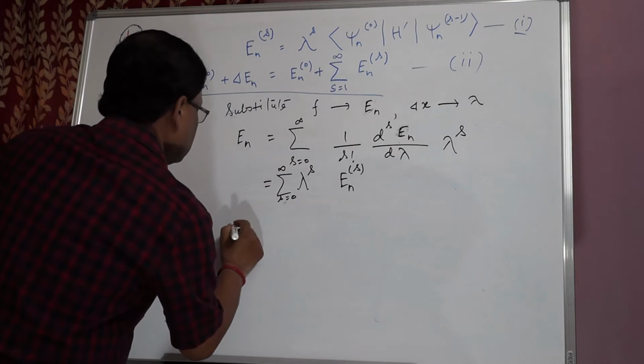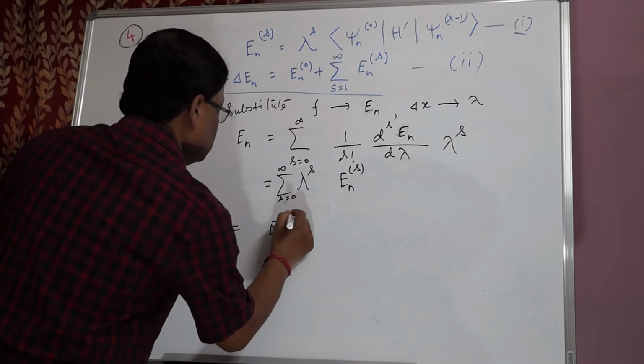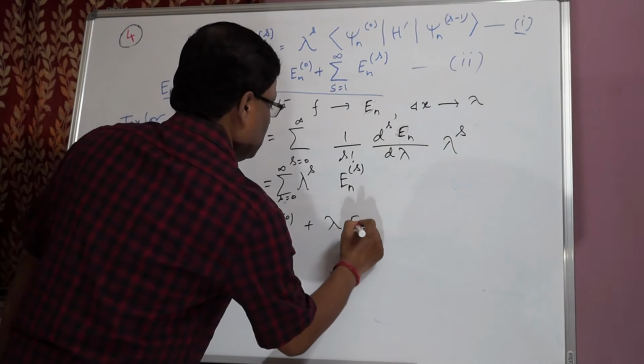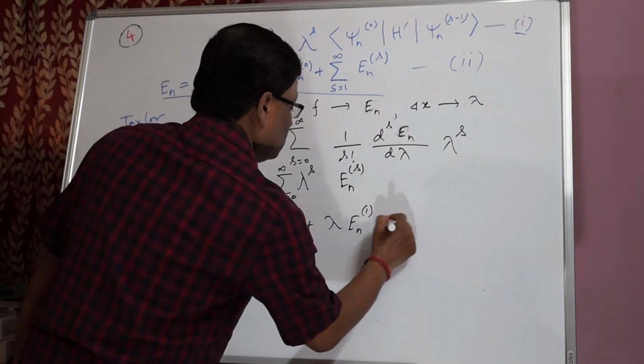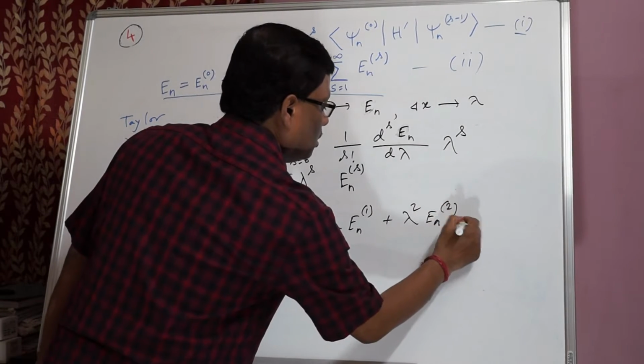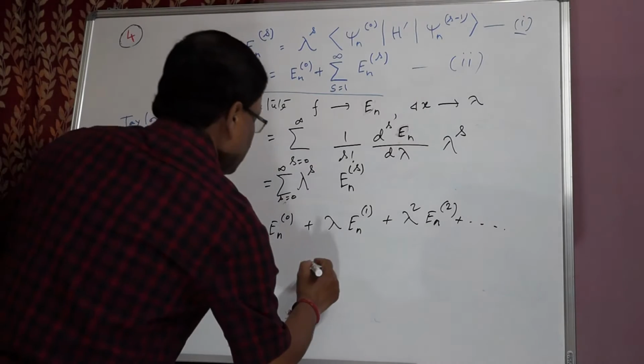If I take the different values of s, then I can write En0 plus lambda En1 plus lambda squared En2, like this, where En1